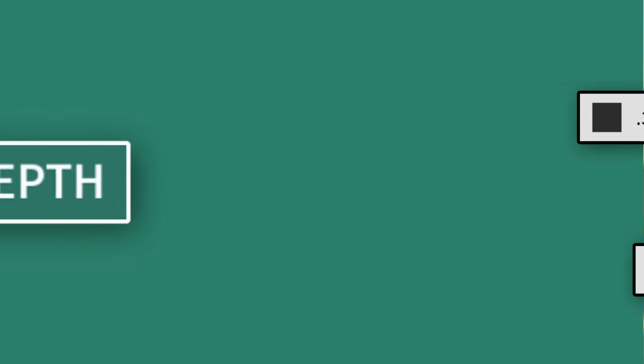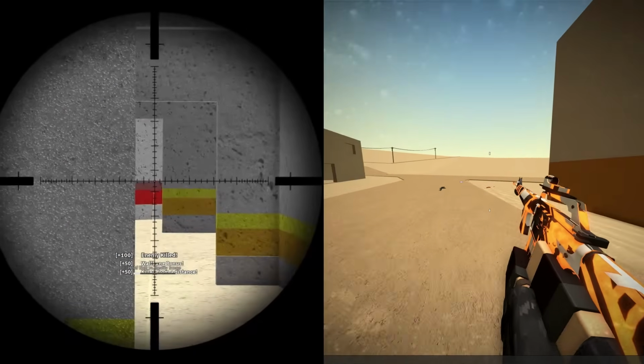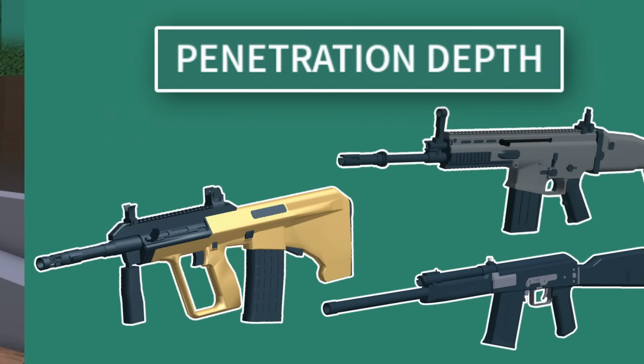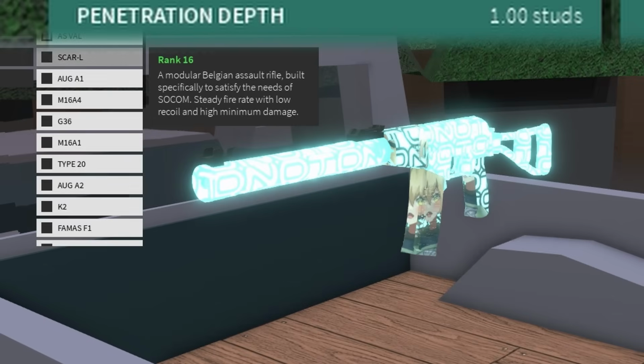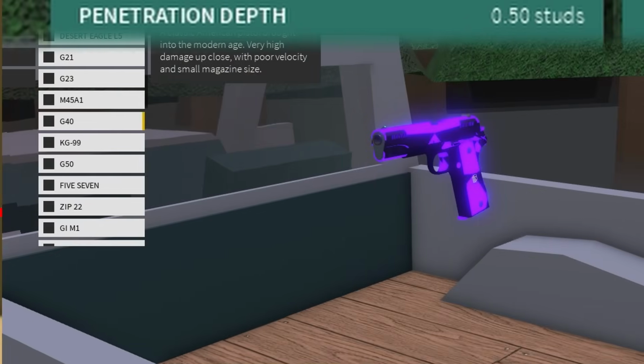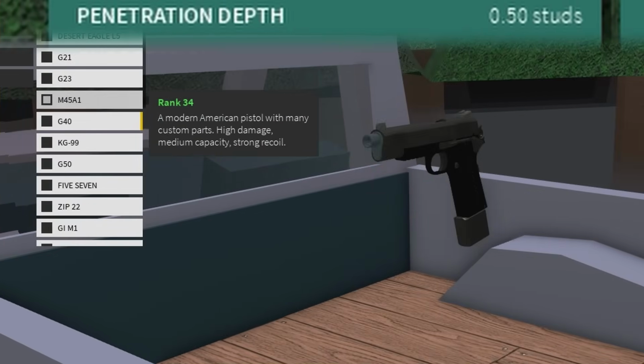Now, the last thing you should take note of when looking at weapon stats is penetration depth. This stat determines how great or terrible your gun is at wallbanging enemies. Now, most weapon classes have a unique standard amount of penetration. For example, most assault rifles have 1 stud of penetration, which is just enough to shoot through thin walls like these. Meanwhile, lower caliber gun classes like PDWs or pistols often have 0.5 studs of penetration, which can barely shoot